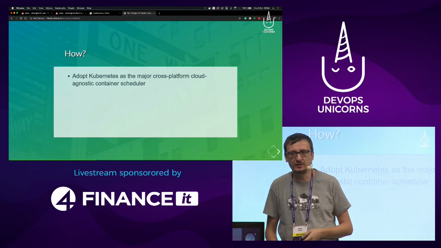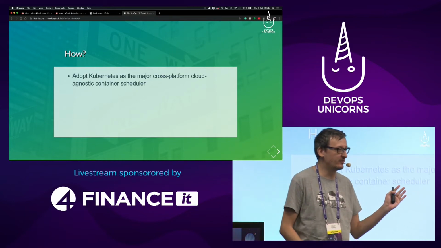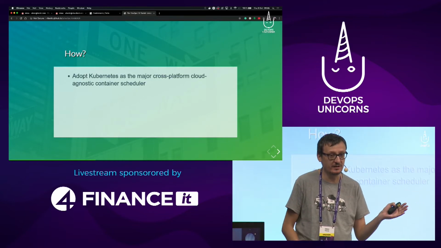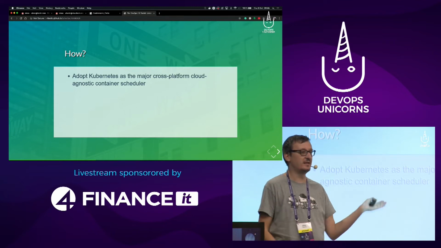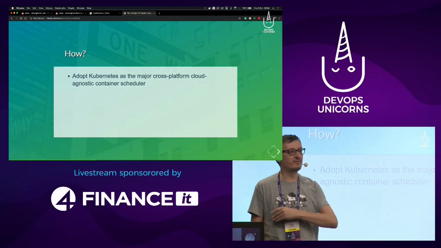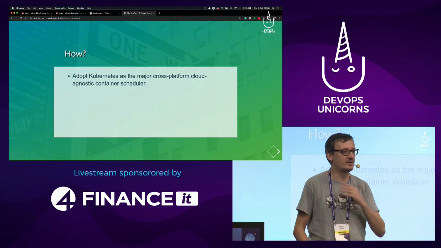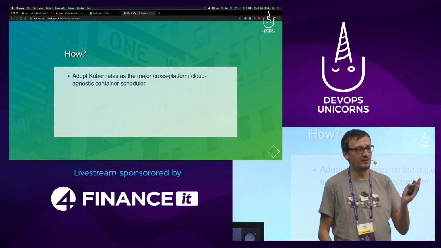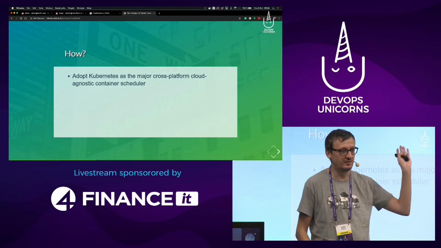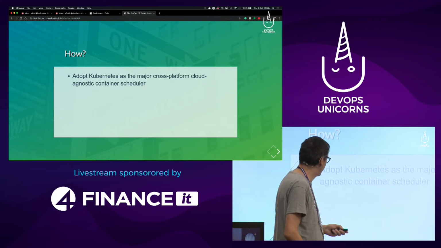So what we did is that we assumed that everybody will be using Kubernetes, everybody is using Kubernetes today, or everybody is planning to use Kubernetes. If you never even heard about what Kubernetes is, you're in deep trouble, you're in the wrong industry. Go and become a doctor or a lawyer, right? This is not for you.